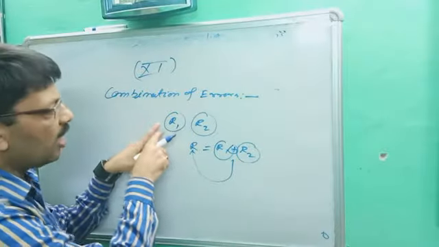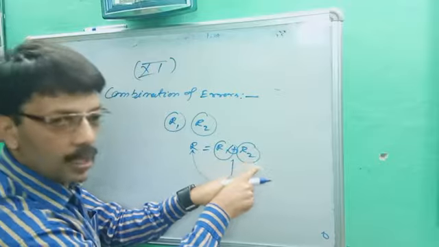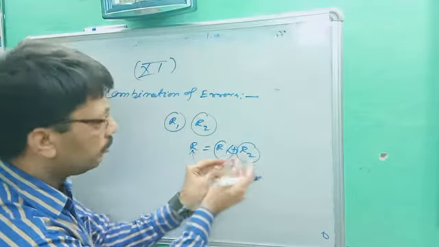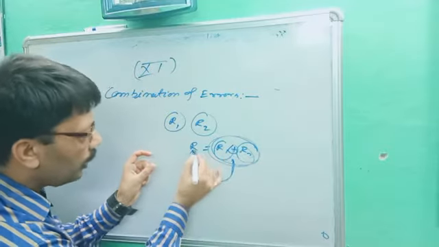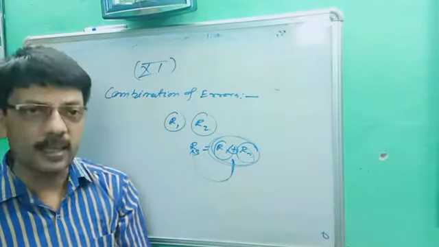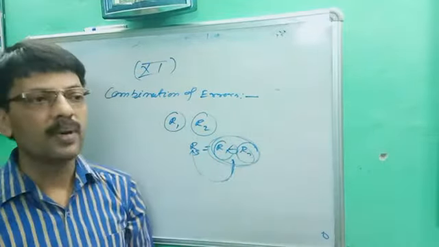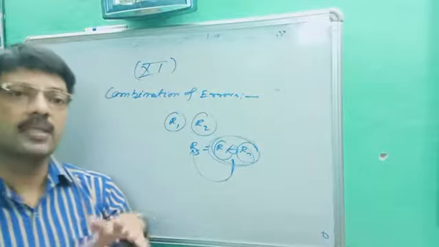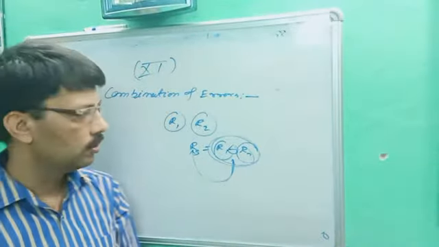Two resistances are R1 and R2. Let's suppose there is an error in R1, there is error in R2. When we add them, no doubt we will get the combined effect of R1 and R2 in series combination. This is called combination of error in addition, and in the same condition this is also called combination of error in subtraction. Both answers will be the same. What formula is there for addition? Same formula for subtraction. Okay.